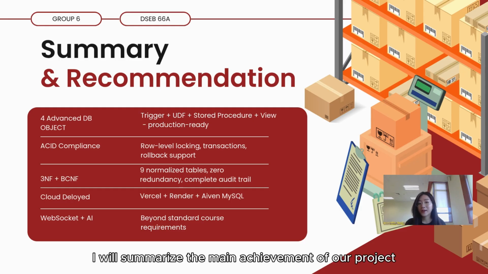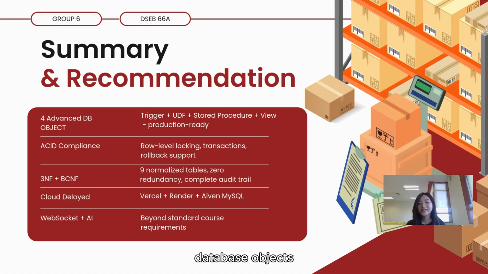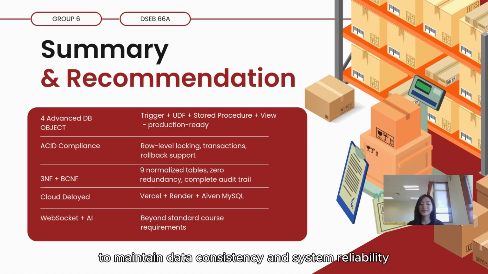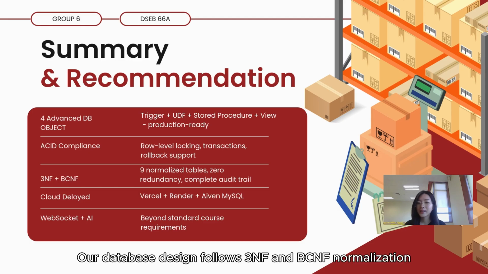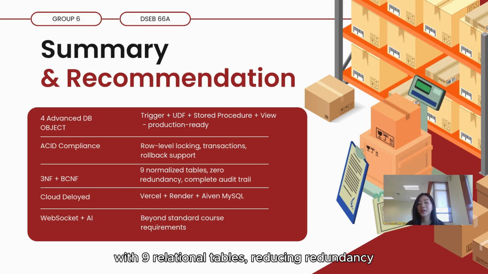Finally, I will summarize the main achievements of our project and several future improvements. During development, we successfully implemented all 4 advanced database objects: trigger, stored procedures, view, and user-defined function. Directly in the production workflow, we also apply transaction management, row-level locking, and rollback mechanisms to maintain data consistency and system reliability. Our database design follows 3NF and BCNF normalization with 9 relational tables, reducing redundancy while maintaining a